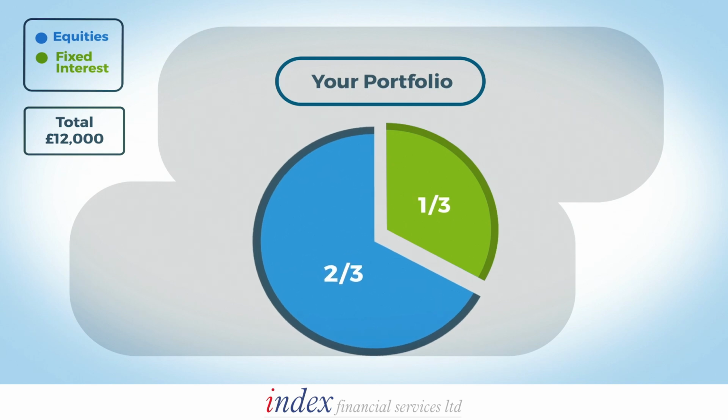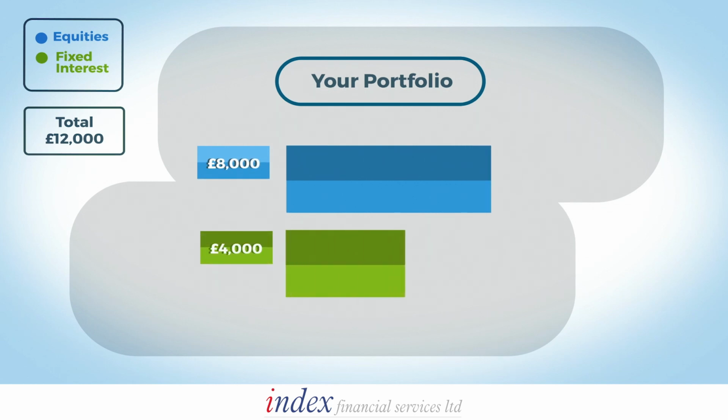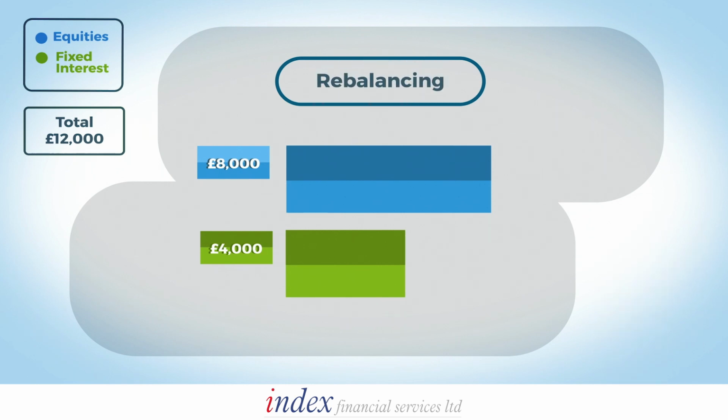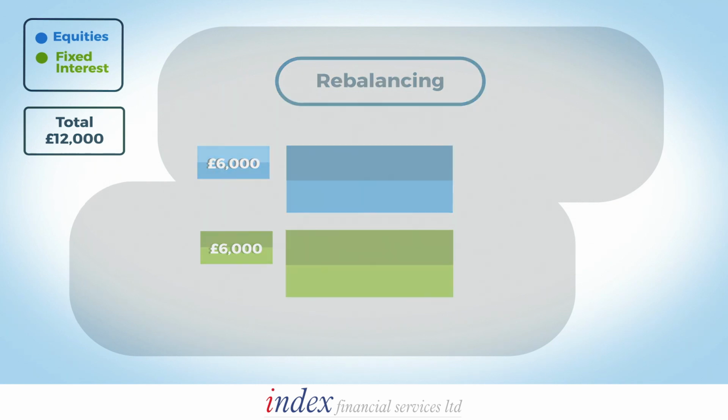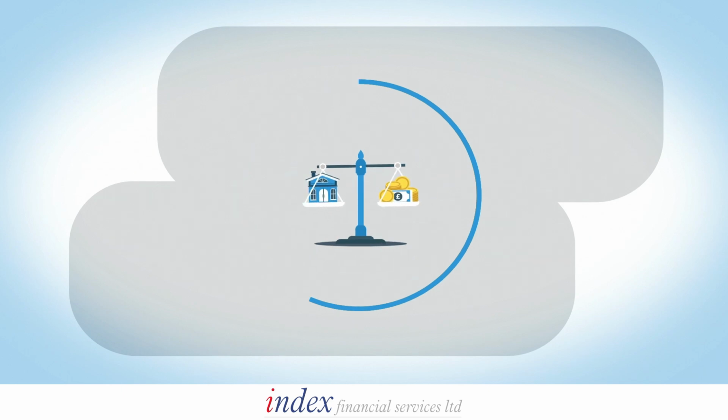However, your perfect portfolio mix was assessed when you started as being 50-50. You're now out of kilter and are probably taking too much risk. You're no longer a 50-50 investor. This is where rebalancing comes in, because you would sell some of your share-based fund and buy more of the fixed interest fund to return the portfolio to the 50-50 basis. That basically is rebalancing. And after rebalancing, you are back to being a 50-50 investor, your chosen and optimum position.